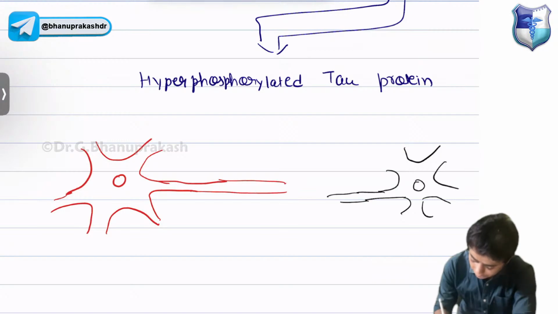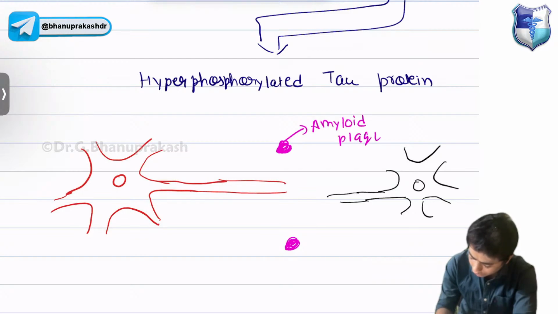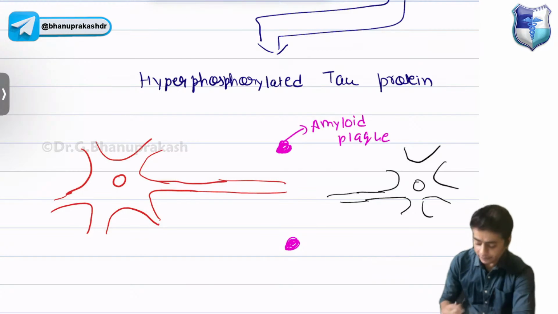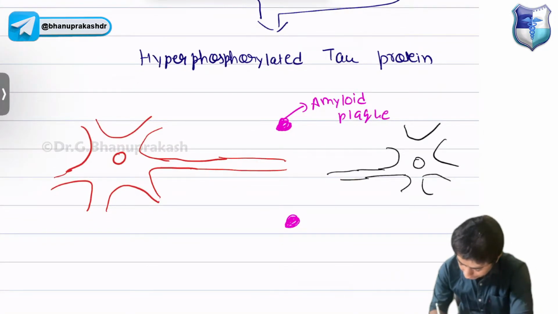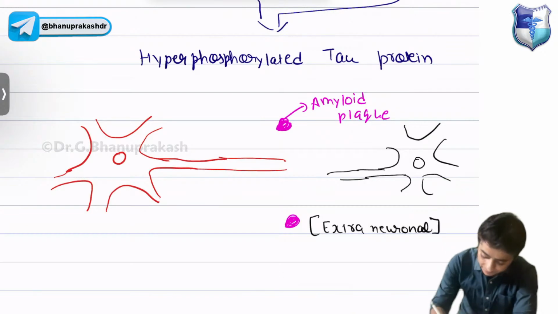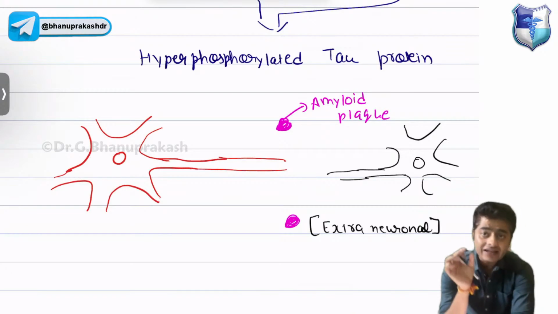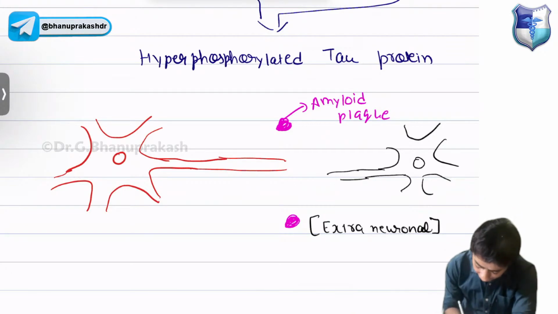Now this A beta is deposited outside. This is known as your amyloid plaque. ठीक है? It means it is extraneuronal. And if this hyperphosphorylated tau protein is deposited inside the neuron,